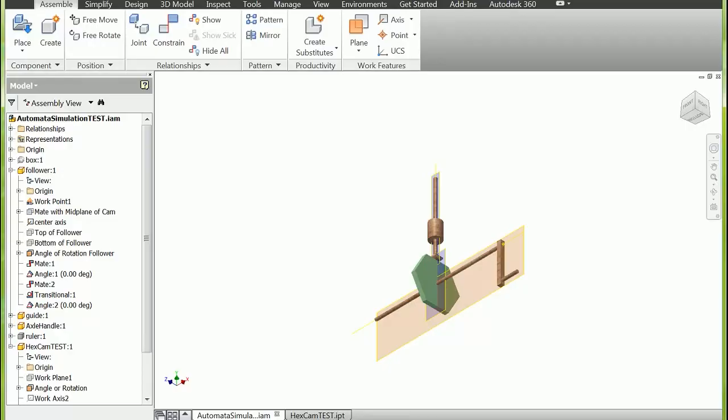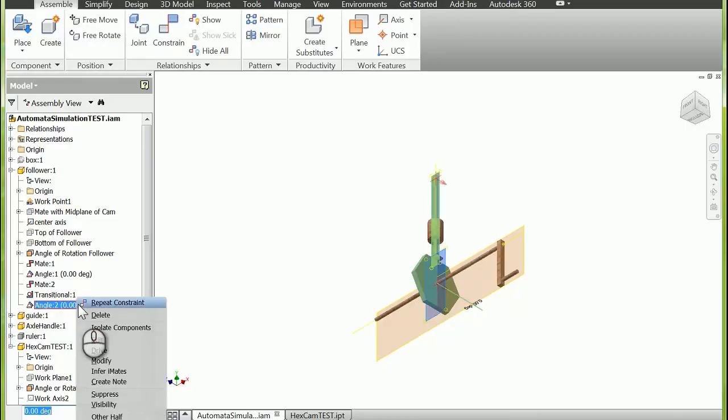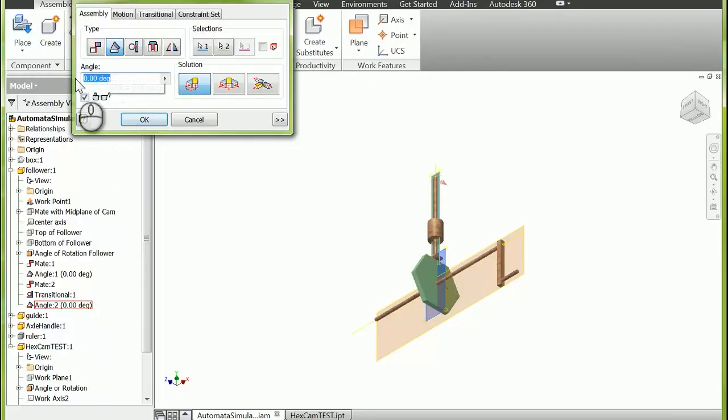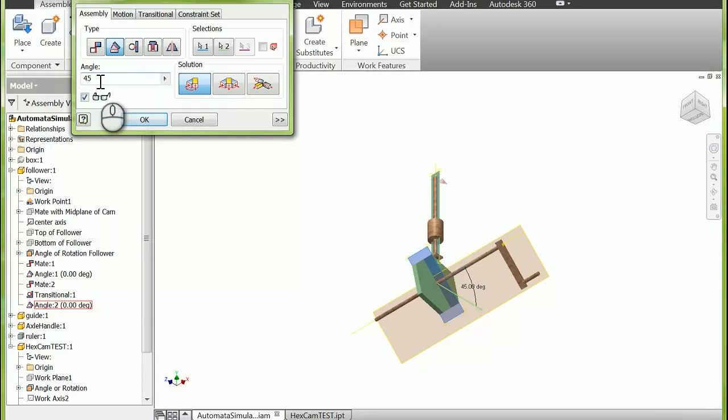However, we can adjust the angle of rotation by right-clicking on that angle constraint, choosing Edit, and then changing the angle setting here. For most cams, using a 45-degree interval will likely be sufficient to provide a reasonable motion graph, but for the hexagon cam, you'll need to use shorter intervals in order to record the maximum height of the follower. So I'm going to use 30 degrees here